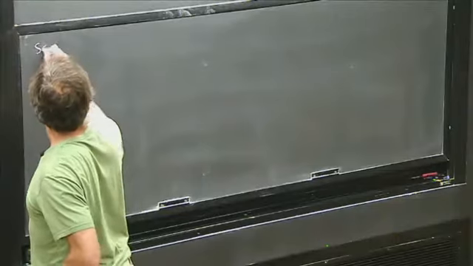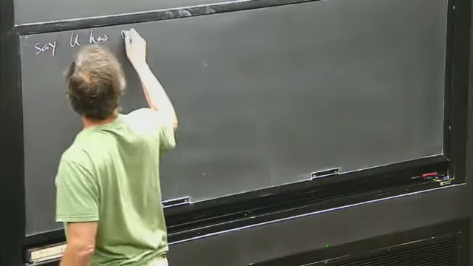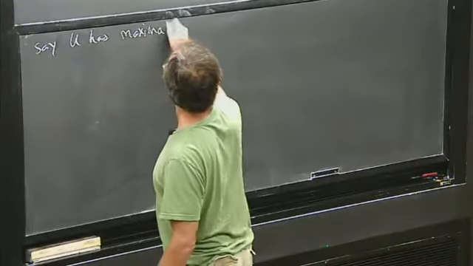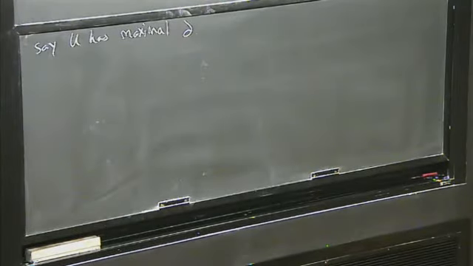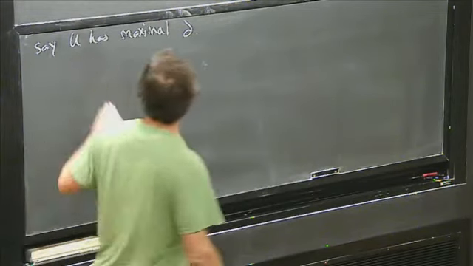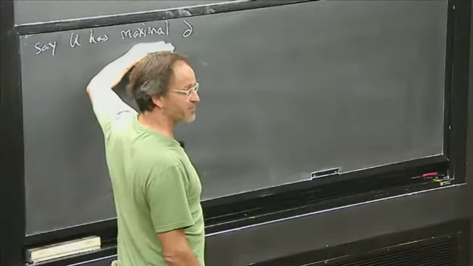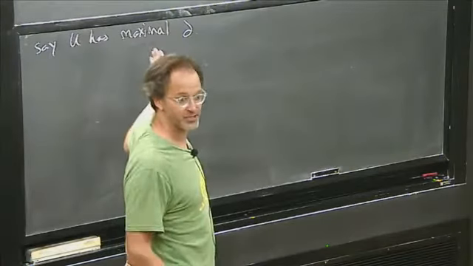What is maximal boundary? At the moment, I could take U to just be a compact Calabi-Yau manifold. That would satisfy all this. D would just be empty, U would equal Y. Maximal boundary is supposed to be the opposite extreme from that, as far away from compact as you can get.